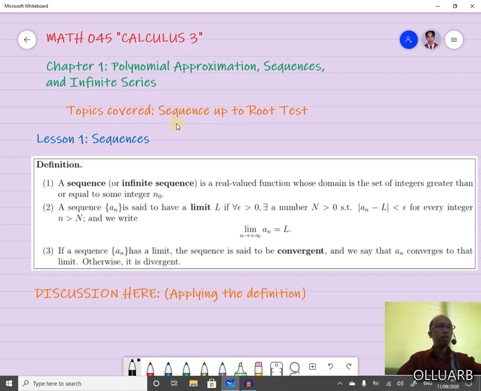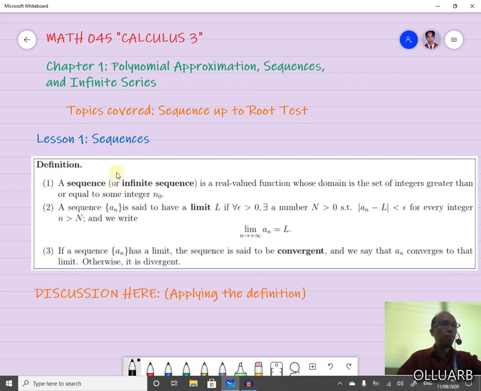In the first part, I will be discussing sequences up to the root test, and then the second part is from power series up to binomial series. Okay, so without further delay, let's start lesson 1. As you can see here, the title of our lesson is sequences. Before I explain the definition,